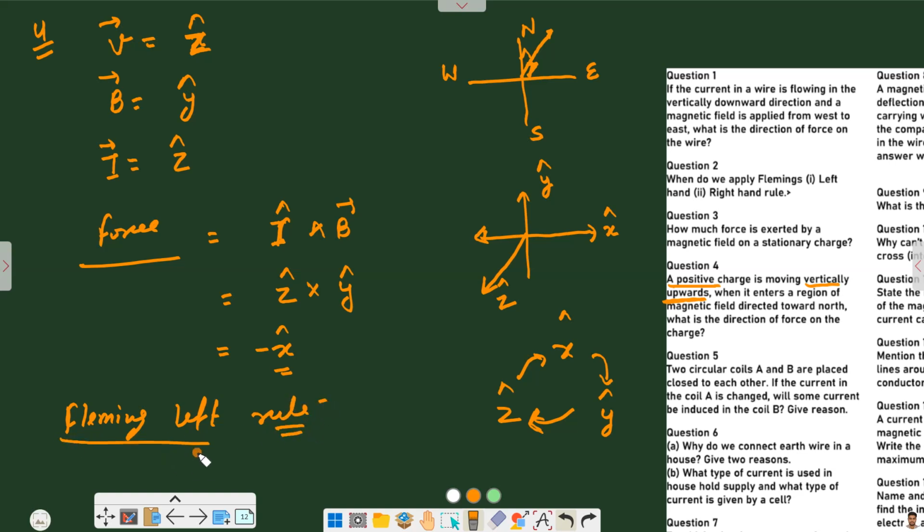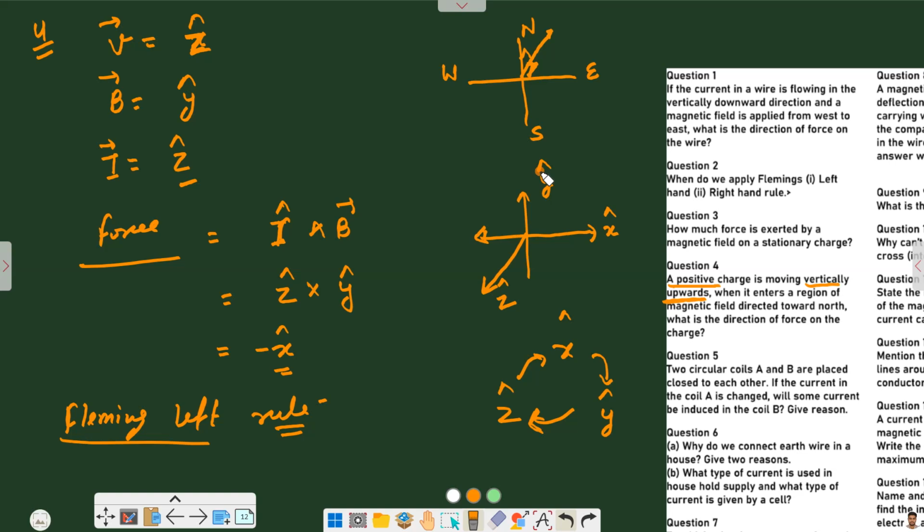As we know that current is in z direction, your second finger for Fleming's left hand rule, which denotes the current, should be pointing towards the roof, and field is in y direction. Your y direction is towards north. Here your y direction is towards north. So your first finger should be pointing towards the north, and from this you will find out